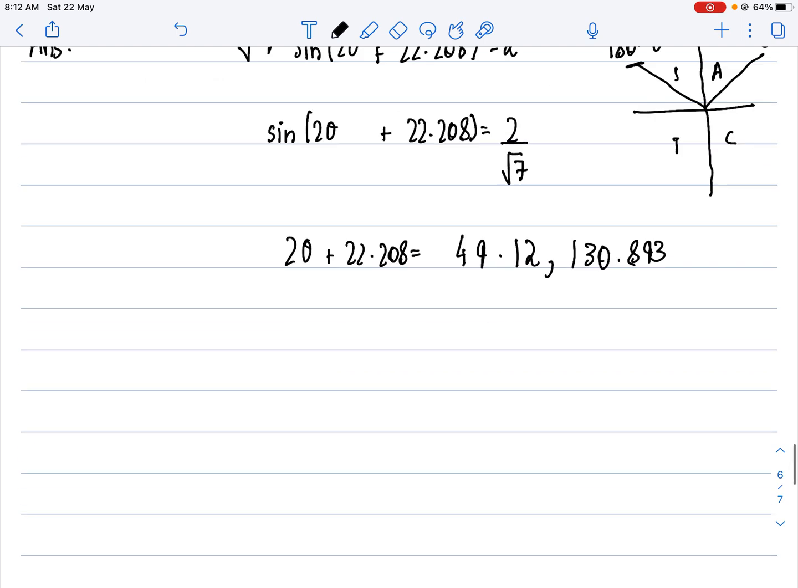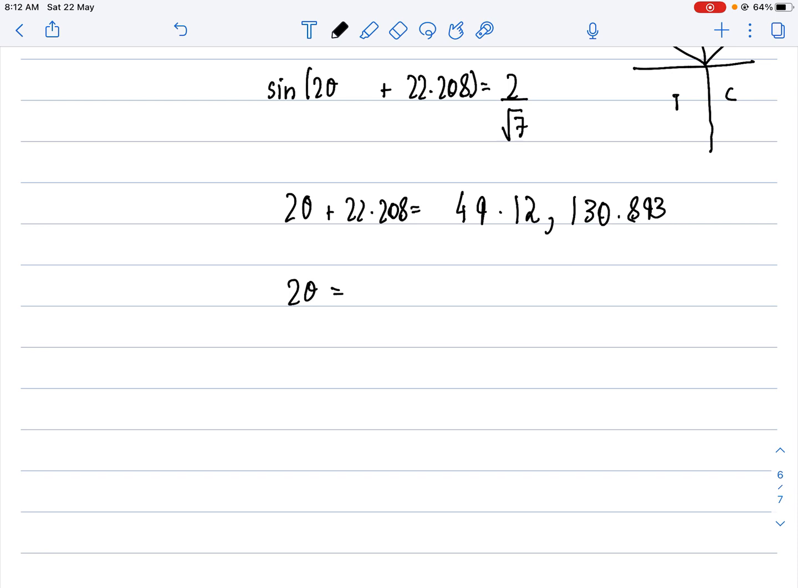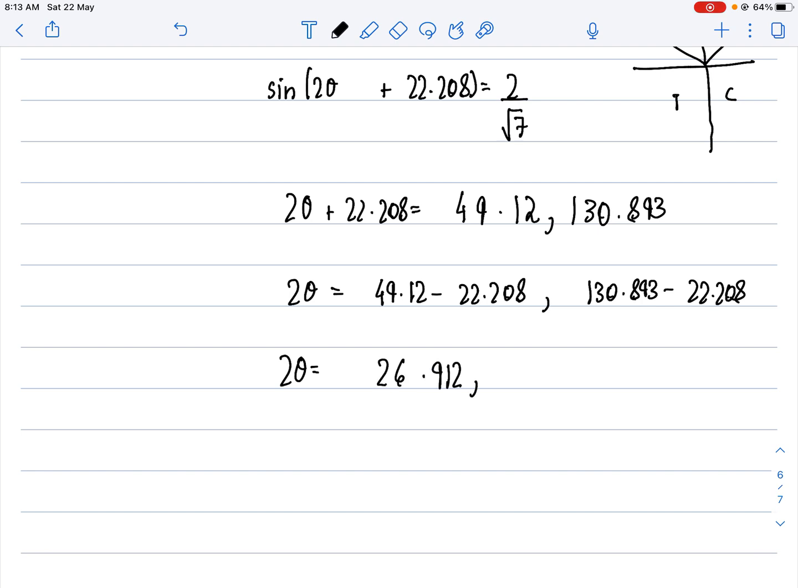Now I can write 2 theta equals 49.12 minus 22.208, comma, 130.893 minus 22.208. So 2 theta is equal to 49.12 minus 22.208, which gives me 26.912, comma, 130.893 minus 22.208, and the value I get is simply